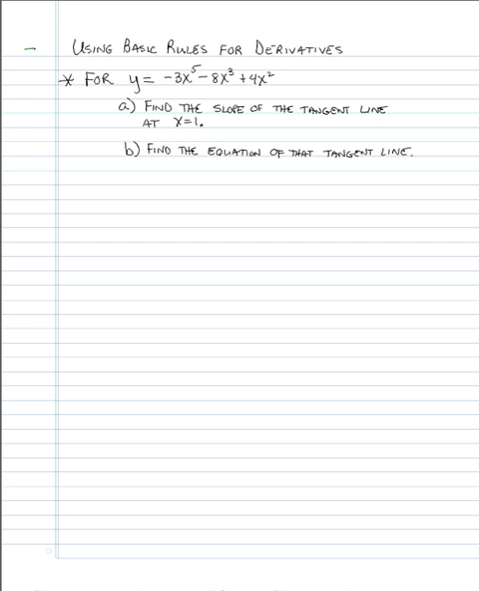Okay, an application of these new rules, using the basic rules for derivatives to solve this problem. So we're given a function y equal negative 3x to the 5th minus 8x cubed plus 4x squared. And we're to do two things. Find the slope of the tangent line at x equal 1, and then find the equation of that tangent line at x equal 1. So as we start on part A,